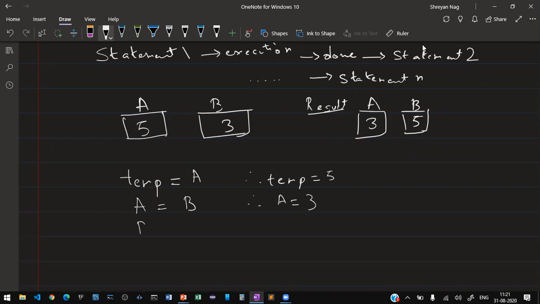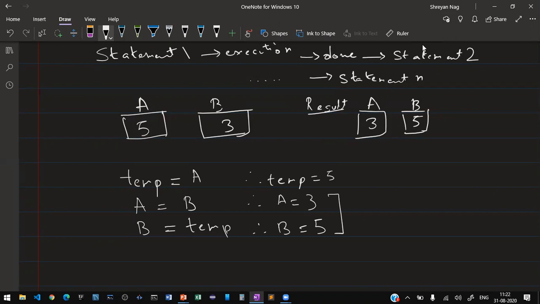Then b is still 3, but we need to replace it with 5, so we put b equals temp. Now b is 5. So we have swapped the values of a and b.